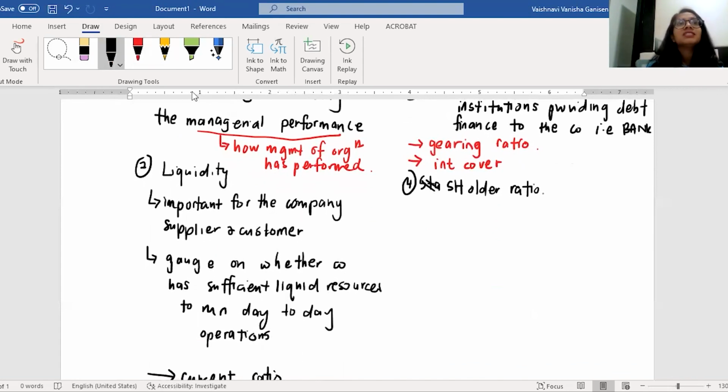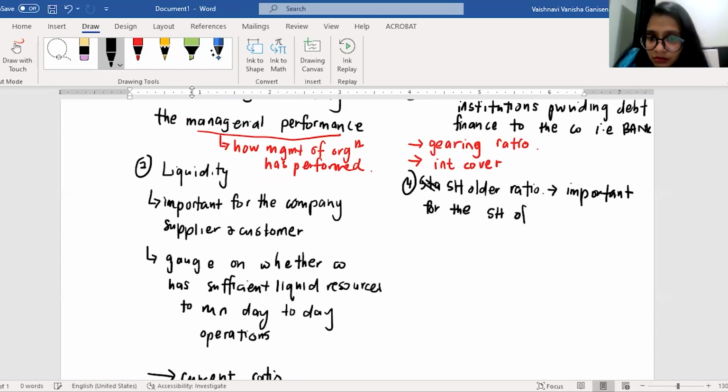Because it gives a gauge of how the company is able to provide relevant returns to your shareholders, and whether those returns that you give to your shareholders are relevant or not. So your shareholder ratio is important for the shareholders of the company